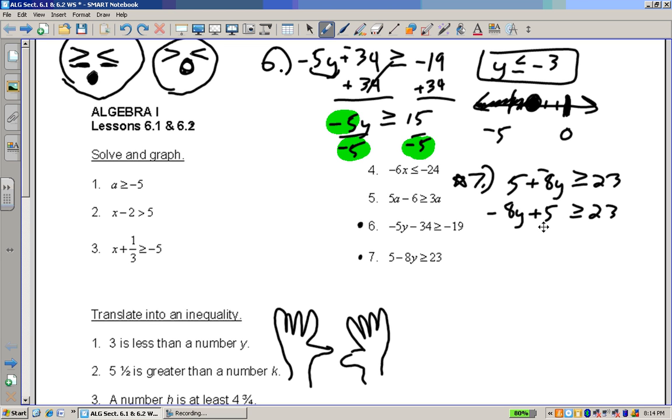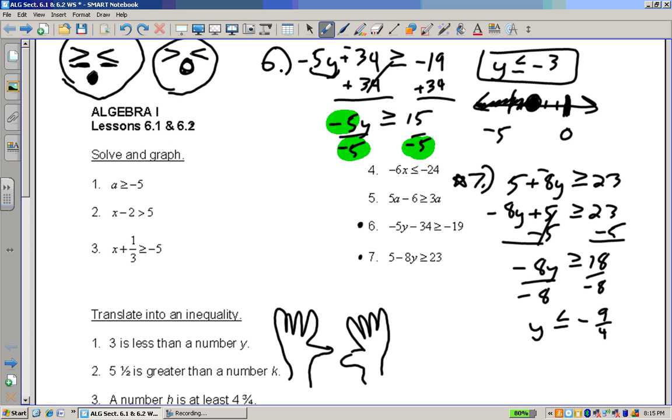So first distribute. Nope. Then combine all of your like terms. No. Please remember keep change or you'll get burned. No. Then get all your variables onto the same side, which it already is. First addition or subtraction. Then multiply, divide. Whoa, we got to divide by a negative, so we switch the sign. Now 18/8, we're going to reduce this down to negative 9/4. And for the sake of clarity here, we're going to make it a mixed number, which is negative 2